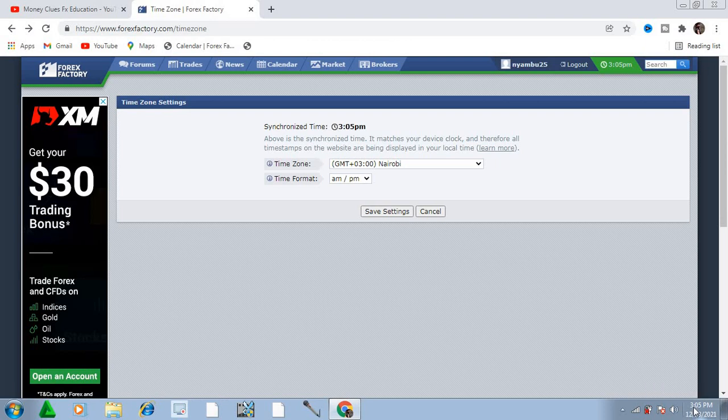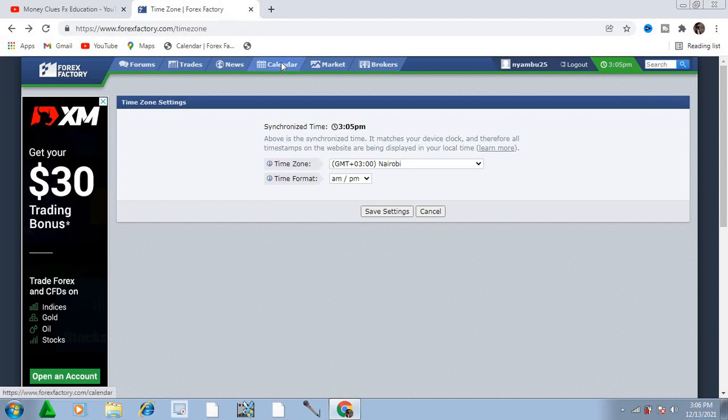So why is it important to set your respective country that you come from? When it comes to news releases, this website is going to tell you the exact time, okay? You're going to have that news is going to happen in the country you come from, at exactly the same time, okay? It's going to tell you the exact time, so it will not have difficulty, like telling you it will come from 3 p.m. East African time, okay? So it's good you set this one because it's going to simplify work for you.